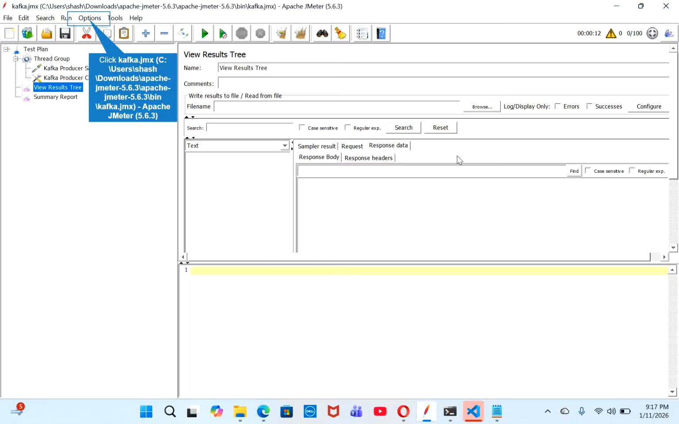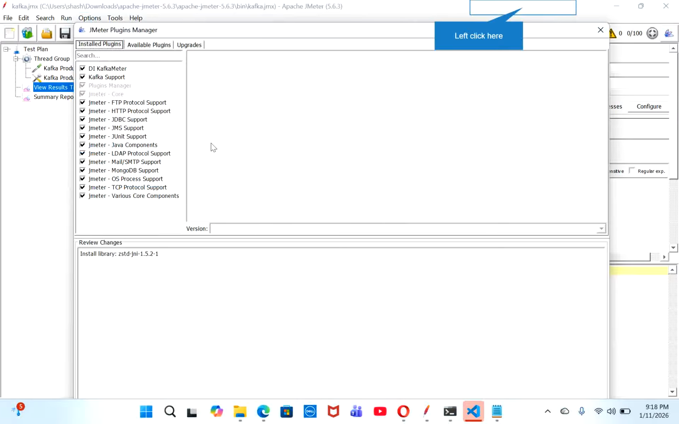In this video, we are going to see how to test Kafka using JMeter. This is my JMeter, and if you see, I have installed two plugins, DI Kafka Meter and Kafka Support. These two plugins are sufficient to test Kafka. Now, if you have these two plugins,